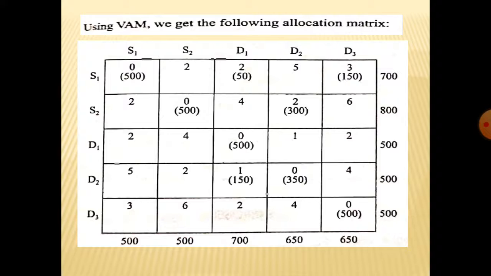And after solving that, you should go for the optimality test. For the optimality test, you should solve by the UV method, not the stepping stone method. And after the UV method, you should check the degeneracy and non-degeneracy problem, and try to solve the problems. Okay. And before going to the transportation problem, you should be very thorough with LPP, how to solve it, and you should go through the graphical methods also very effectively, and try to solve the problems.